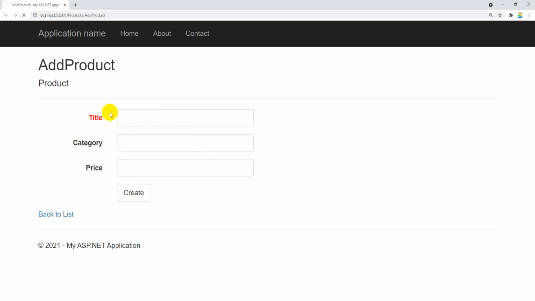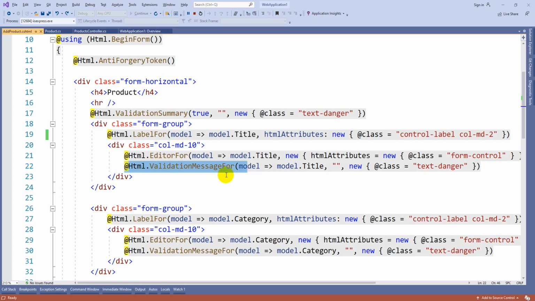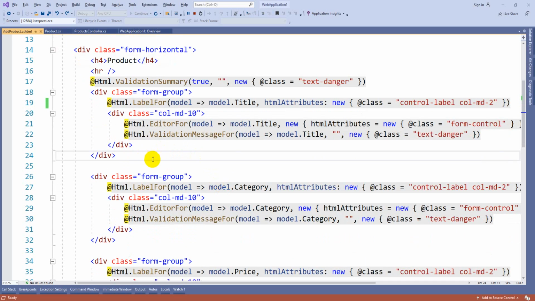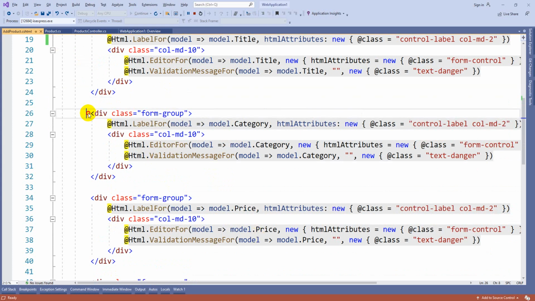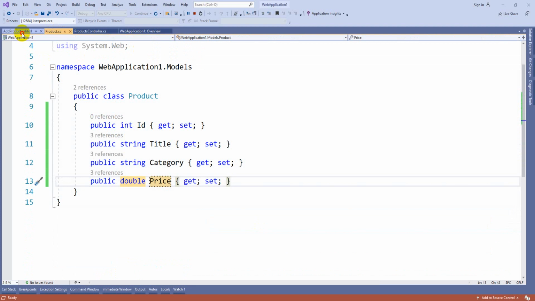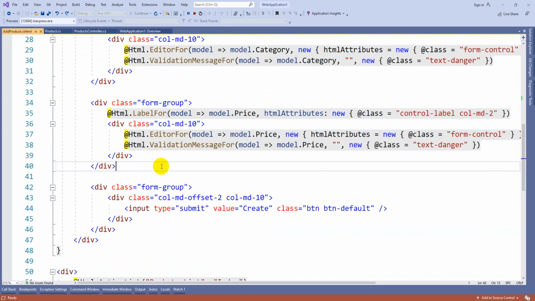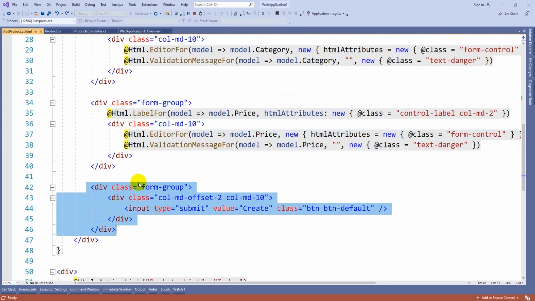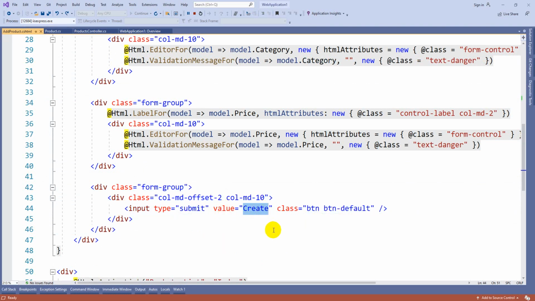HTML.ValidationMessage. Suppose you wrote any validations here, when you hit this button, that validation message is going to be displayed after this particular text box. Below the text box you are going to see the error message. I will cover this after this one. Like that, these are all going to be repeated. Each attribute from this class will get generated as one form group. At the end you are going to see an input group, where it is a simple submit button. They gave the value type as create because we had selected the template as create.